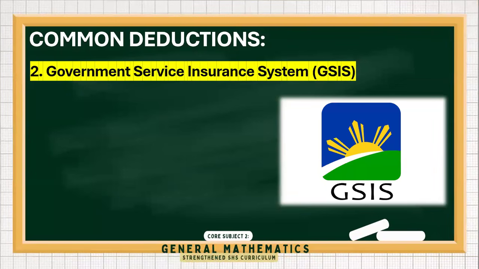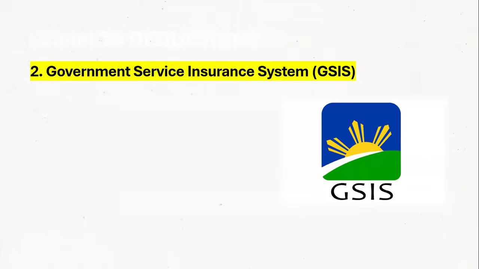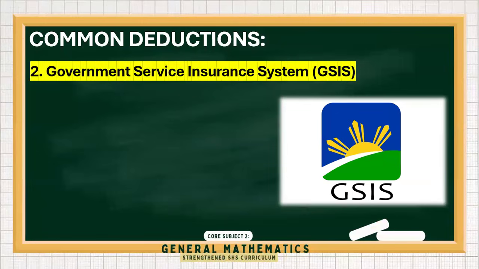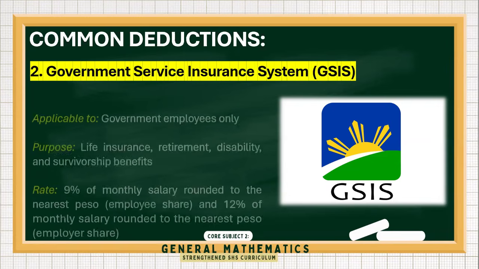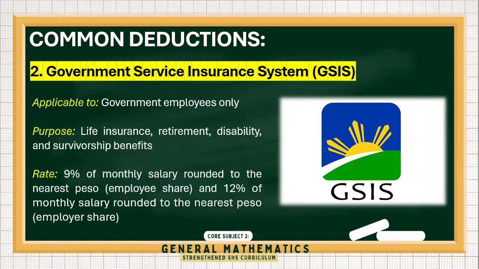Now, what if you are a government employee? They actually have a separate agency that will cater the same services offered by the SSS. So did you know that every month, part of the salary goes to the GSIS if you are a government employee? But do you understand how it works? So let's break it down, and this is now your guide to the GSIS contribution system.